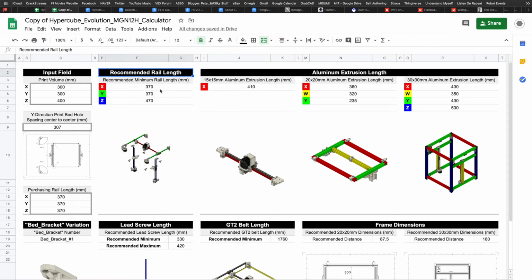And I separated the recommended railings from the purchasing railings because there are rails, but they sell in different increments. Sometimes it's 15, sometimes it's 100, sometimes it's 50 millimeter increments. And this is the recommended minimum railings. So you can go a little bit higher,